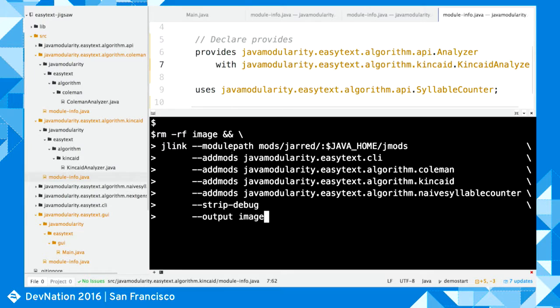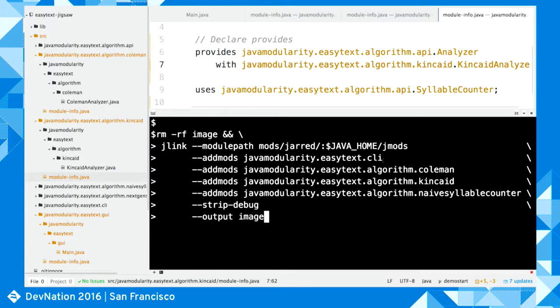And then I can add so-called root modules. And in this case, I want to, of course, add the CLI module, and it will add the CLI module to the runtime image and any modules it depends on. But as you can see, I'm also adding some additional modules, and those are service implementation modules, service provider modules. As it stands, the current Jigsaw system uses the requires relations to build this image, and it doesn't yet look at the uses and provides.